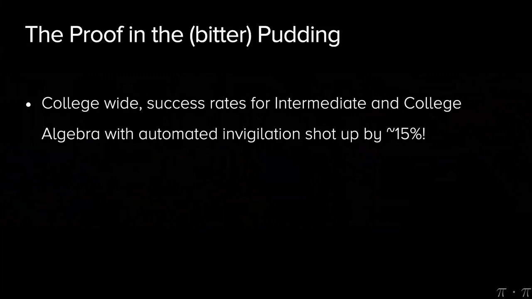Now, unfortunately, the result was not terribly kind. A couple of weeks ago, we had a report that was released by our institution that college-wide, the success rates for intermediate and college algebra were going up by 15%. And a lot of times people, at least in the math department, were saddened by the pat on the back that we were getting. All the other gateway disciplines that got analyzed for the past year's worth of data went down or remained the same on average. But for our two courses that are gateway courses, on average, things shot up by 15%,